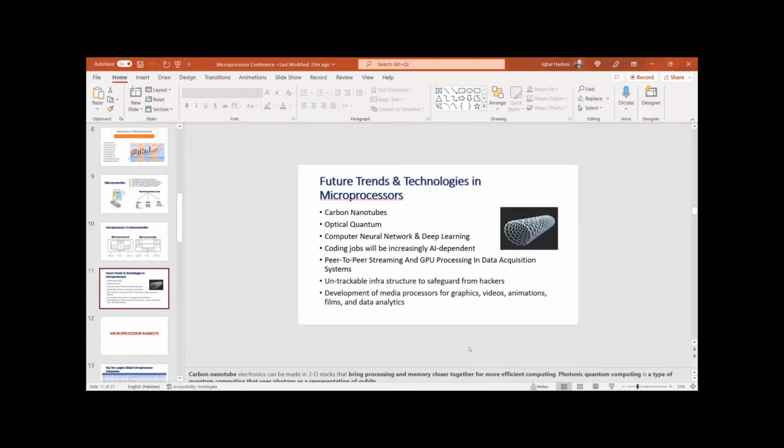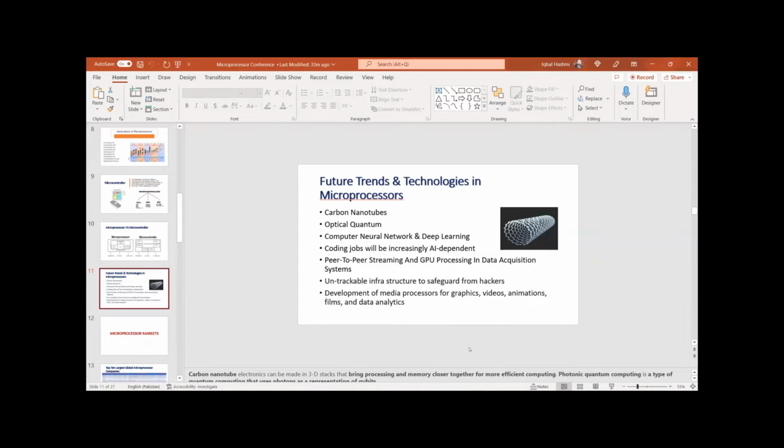Also, work is going on optical quantum and quantum theories, and this will basically go into the area of quantum physics. Right now, experiments have been done to transfer atoms from one place to another place, and more work is going on this